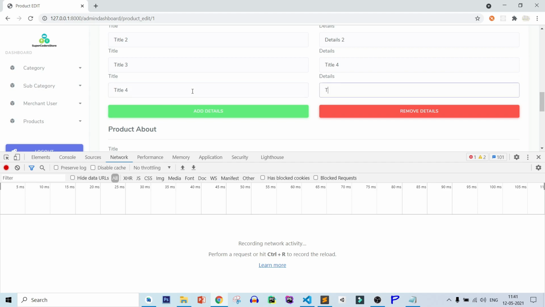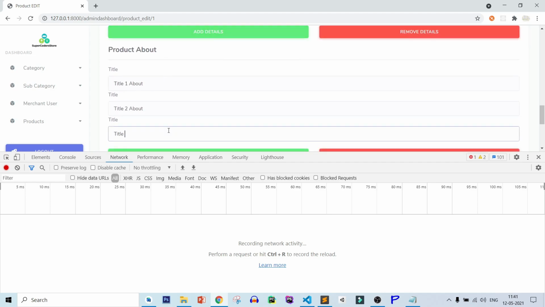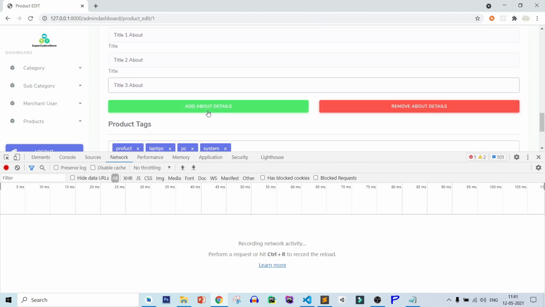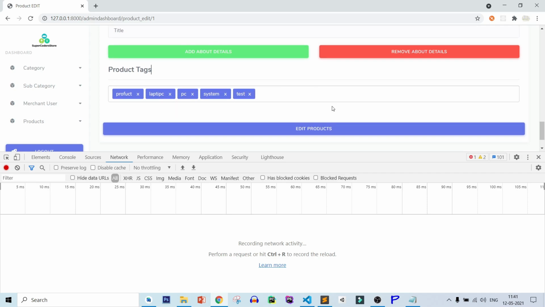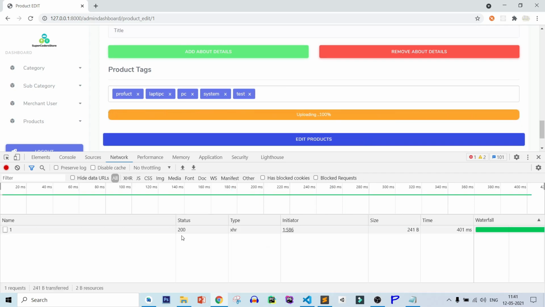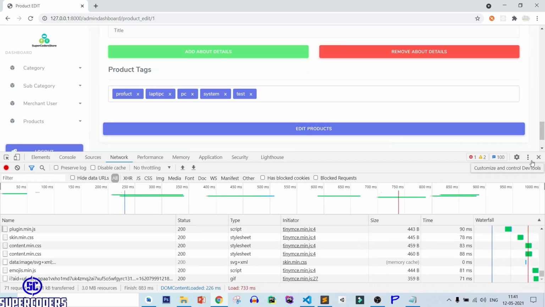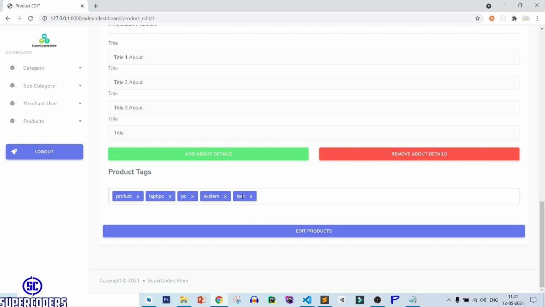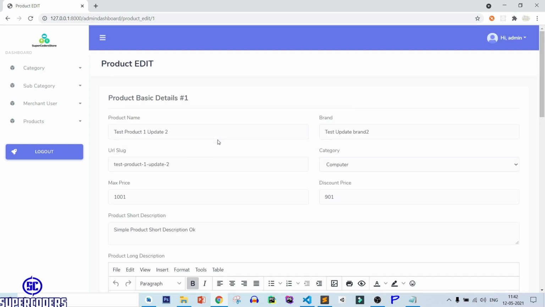So title 4, adding a blank, title 3 about, adding a blank, and text. Now let's try to save it again, and you can see this time it's saved successfully. You can see the OK message. Now after that, if I refresh page, you can see it's showing the new data, about 3, title 4, new content. So everything has been updated. So in this way you can update the product basic details.